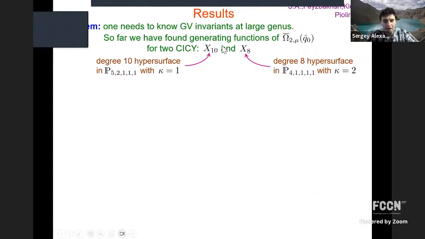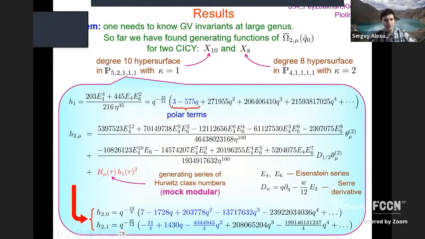Fortunately, for two Calabi-Yaus, we managed to compute sufficiently many GV invariants, and as a result, we were able to fix all polar terms in our generating functions, and to compute them explicitly. These two Calabi-Yaus are the so-called decantic and octic. Let me just flash very briefly the results for the simplest one, which is the decantic, which has the intersection number